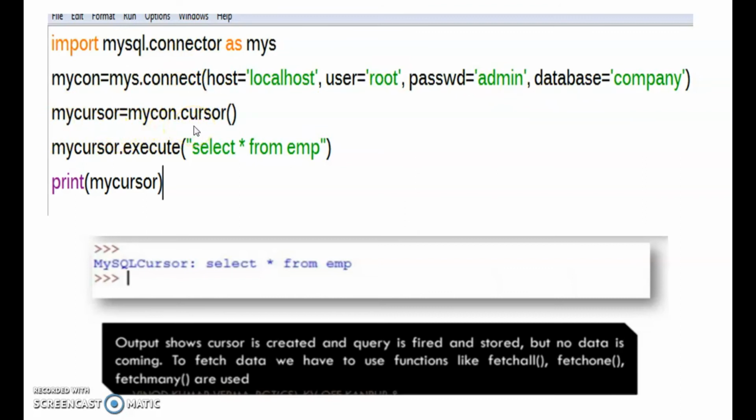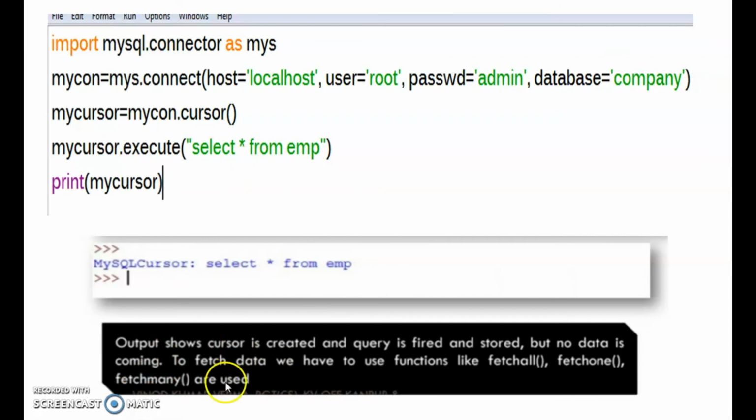So here we create one cursor object, then mycursor.execute select star from EMP, then print mycursor. So the output shows the cursor is created and the query is fired and stored, but no data is coming.